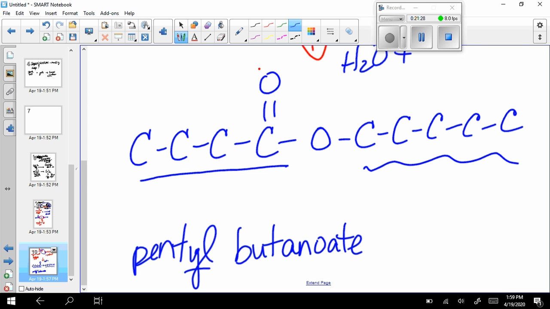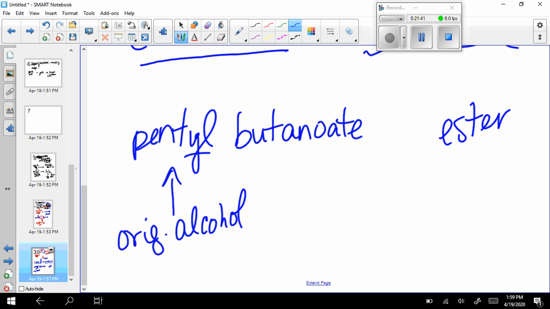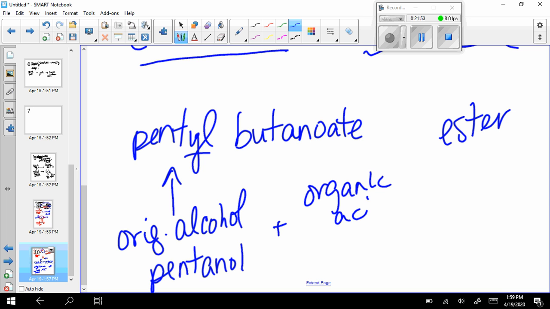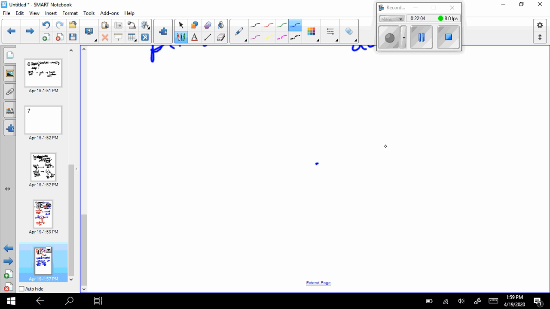So I think that after a while of doing this, it's pretty easy to go, this was my original alcohol. So I could just look at the ending. I could just look at the ester that I made and I could figure this out. My original alcohol had to be pentanol and my original organic acid had to come from this part of it. So it would have to be butanoic acid. So let's try that. I'm going to tell you that you made propyl